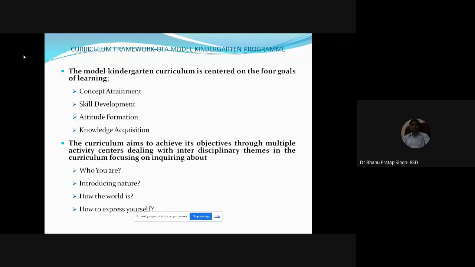So, in the model kindergarten curriculum, these four goals have to be attained in the preschools. As far as the curriculum is concerned, the aims of the curriculum are to achieve its